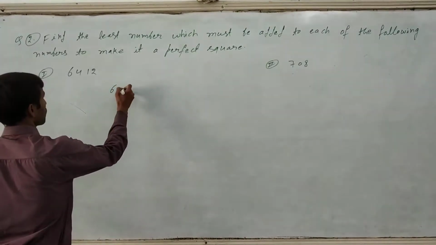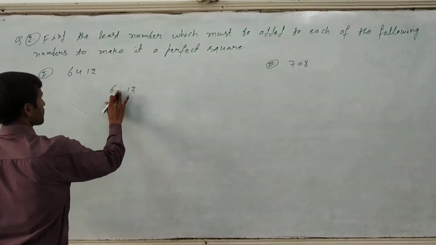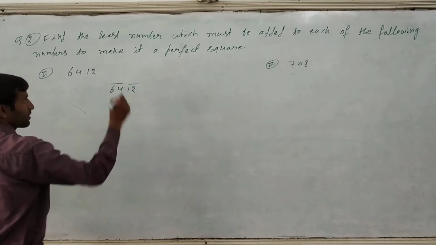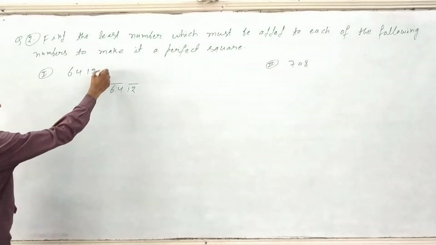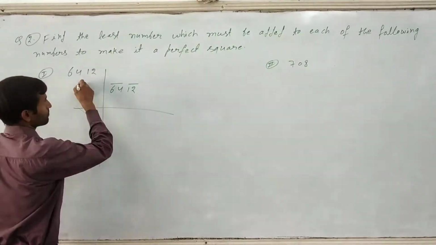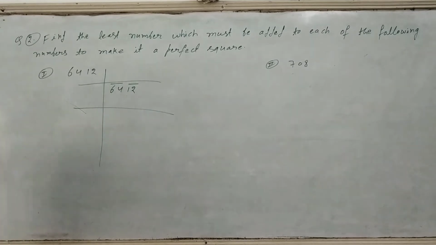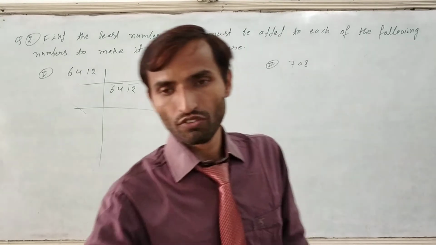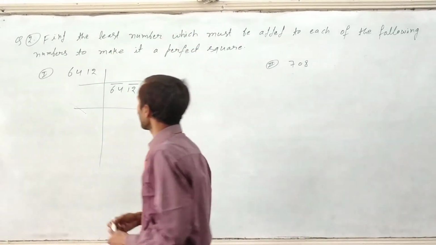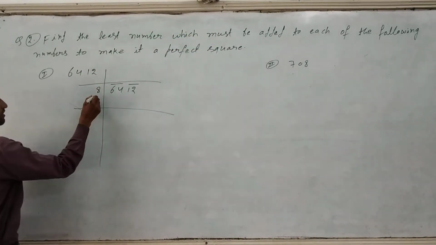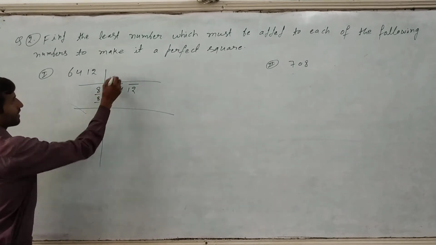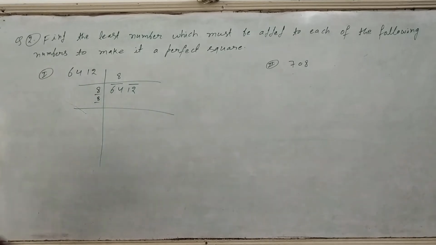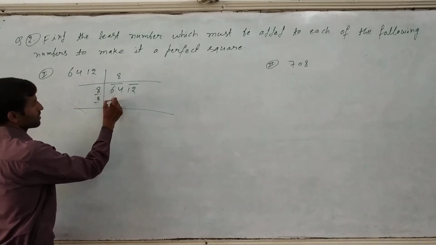So 6412, in that case the long division method. First of all we have to make the carry number, already made. After that we have to apply this process. So it is 64. It is a completely perfect square number, 64. 8 8s are 64, so we have to multiply by 8 only. 8 8s will come here. 8 8s are 64, so we have divided by 8. So the present part will come here. Now 8 8s are 64, so just write down 64 here.